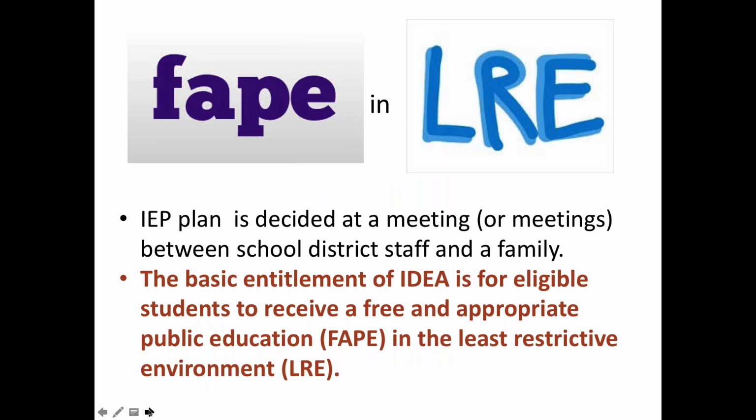So we talked a little bit about those services and supports giving a child a reasonable chance of achieving their IEP goals. And so what I want to talk about is these two very important concepts in the IEP process. They are the concept of FAPE, F-A-P-E, and LRE, least restrictive environment. I'm going to define both of these, but this idea, FAPE and LRE, is the basic entitlement of the IEP process. So it's a really important idea.